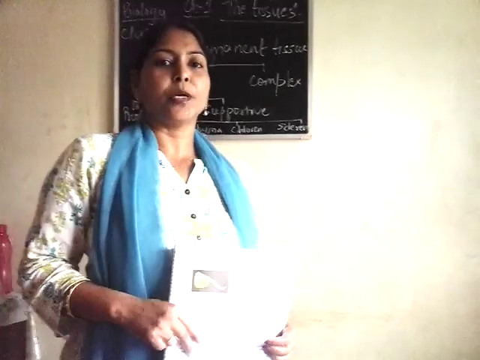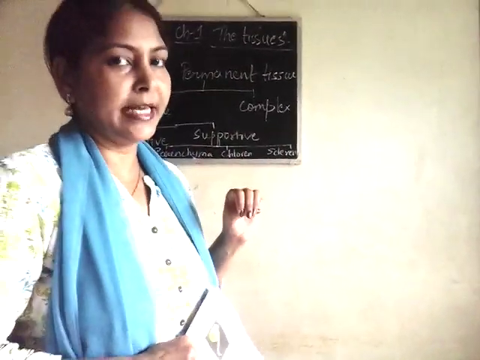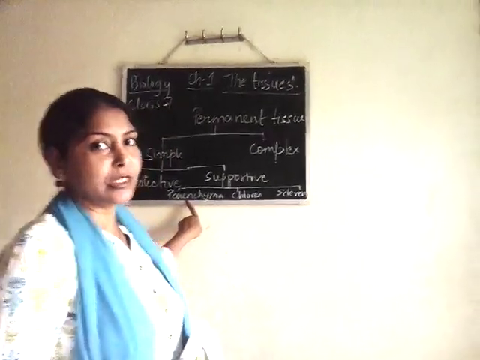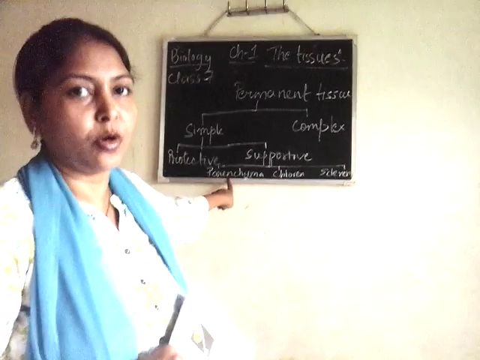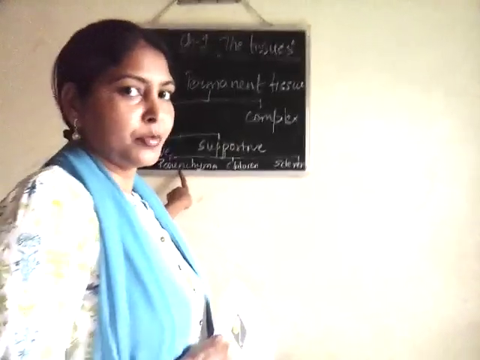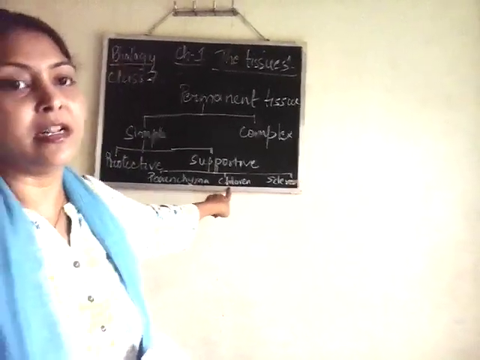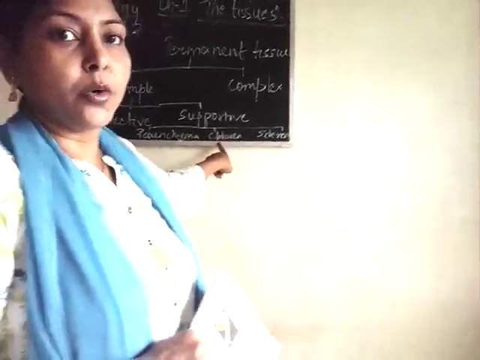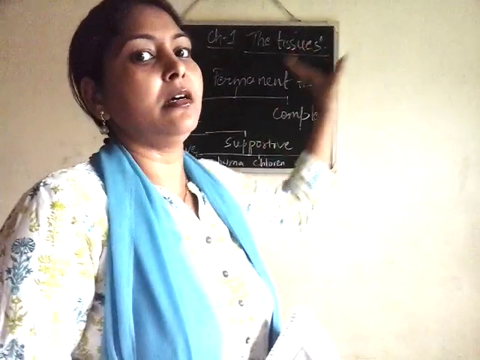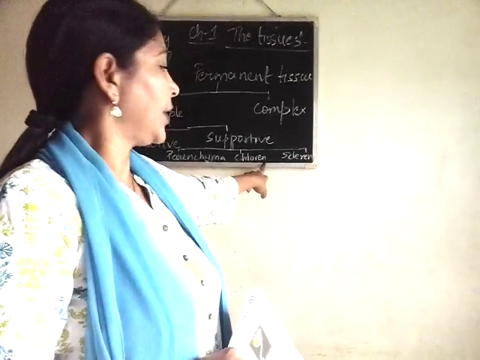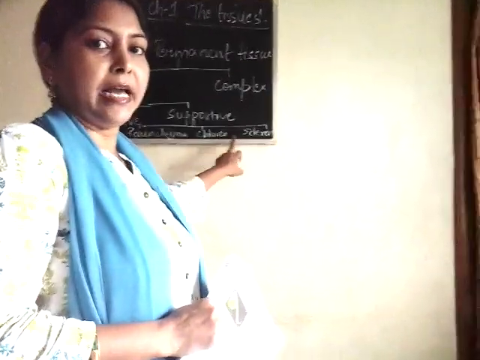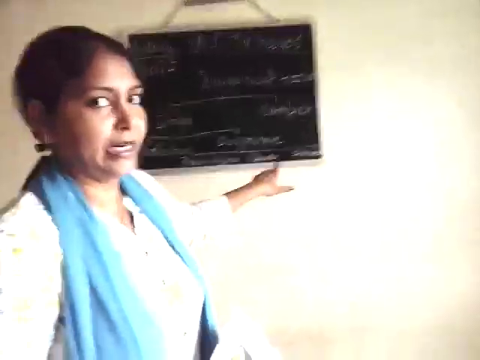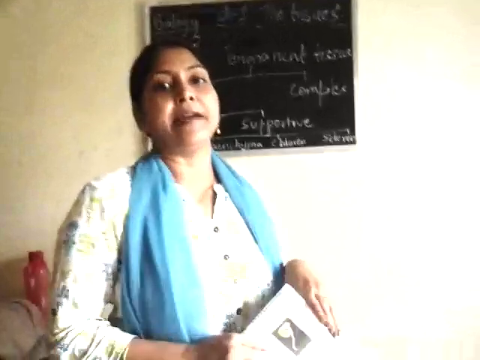Now, what did I say? Supportive tissue has three types. What are they? Parenchyma. You see here, parenchyma. Try to learn the spellings. All the terms, you must learn the spelling properly. Then here I have written chlor. Now chlor is not the full term. After chlor you have to add chyma, C-H-Y-M-A, chlorenchyma. Since space is short, I am writing like that. Then over here it is sclerenchyma.